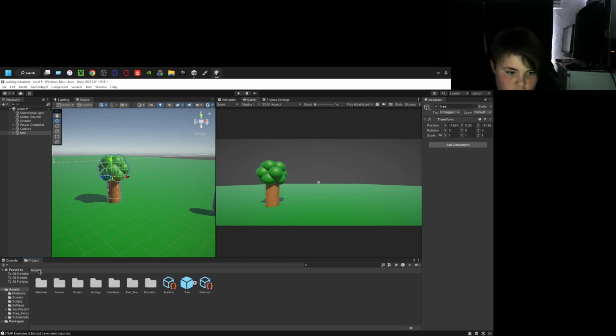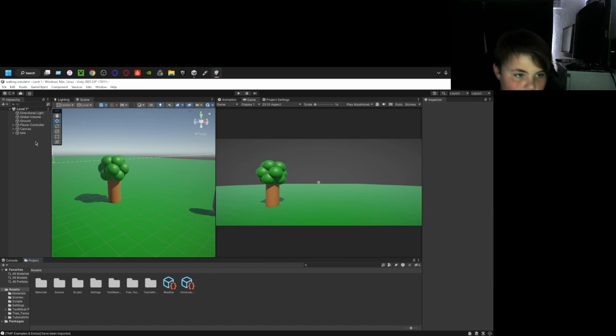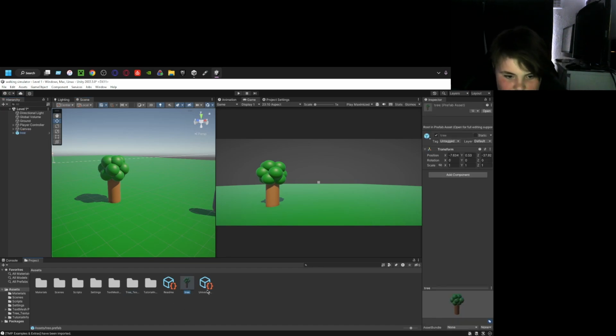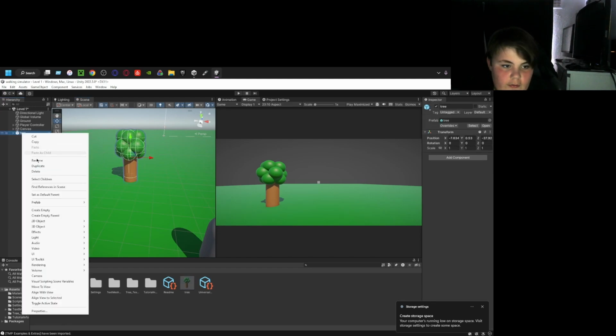Oh, and what you want to do for that is, I'm going to delete that tree from earlier. What you want to do is grab this and drag it to here, and now you have this thing called a prefab. As you can see, the text of it turned blue. Look, root in prefab, so prefab asset. So you can grab a load of them, or just duplicate a load, and then